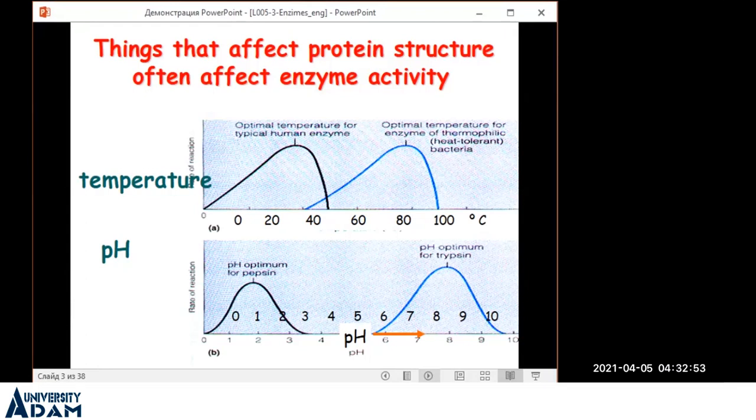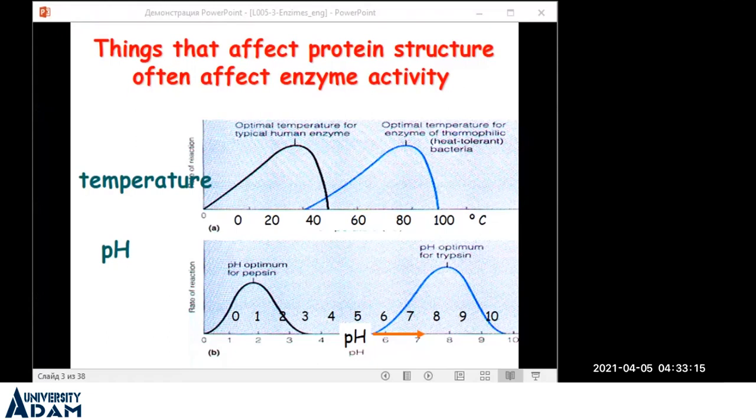For example, we can talk about specific temperature. As you remember, the enzymatic reaction path looks like this. If we organize some experiments with the division